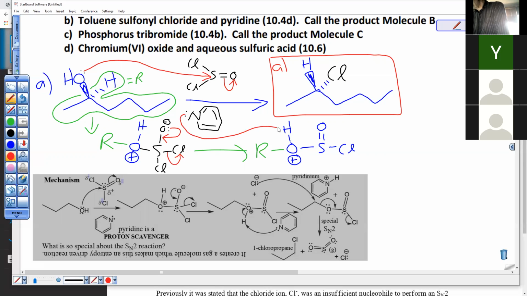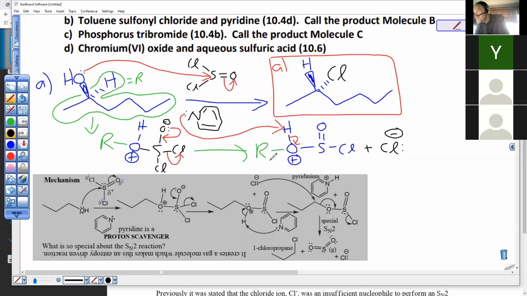And right here, if you look at the video for this, it even gives you permission to reverse these two steps and do the pyridine grabbing the H first and then the elimination. That's an elimination when you make a pi and something leaves. There's the pi. Chloride left. You can reverse those two. I have no objections. I'm just trying to make it match the one that's in the box.